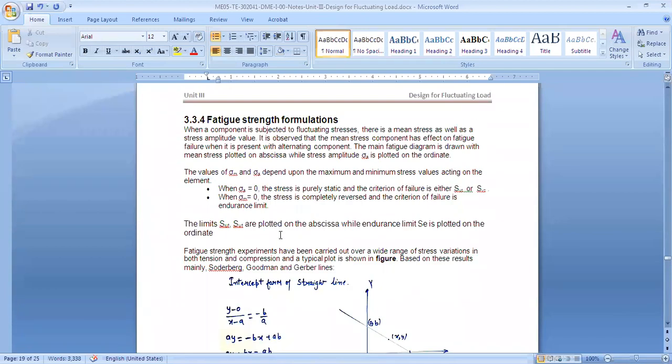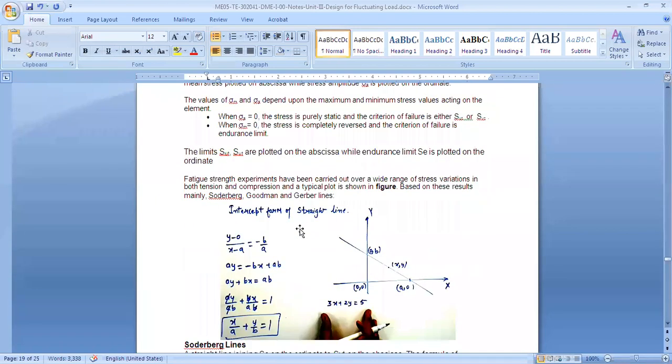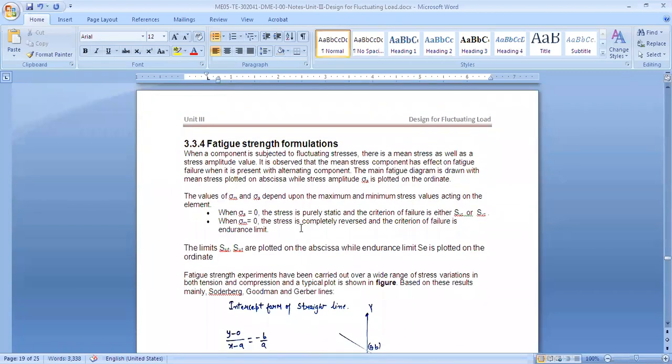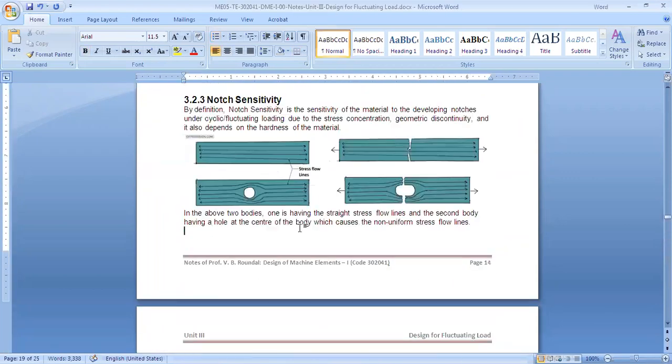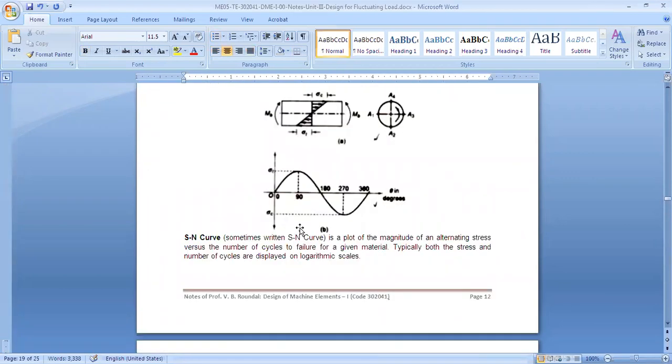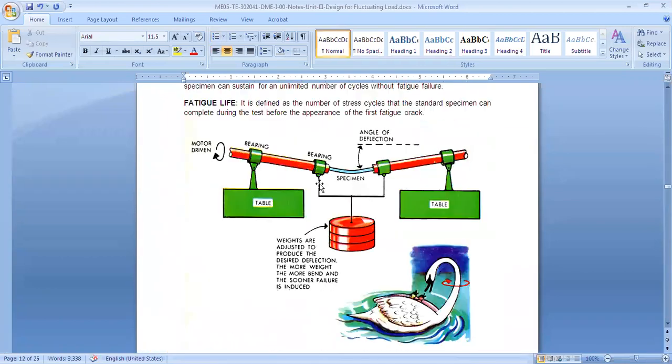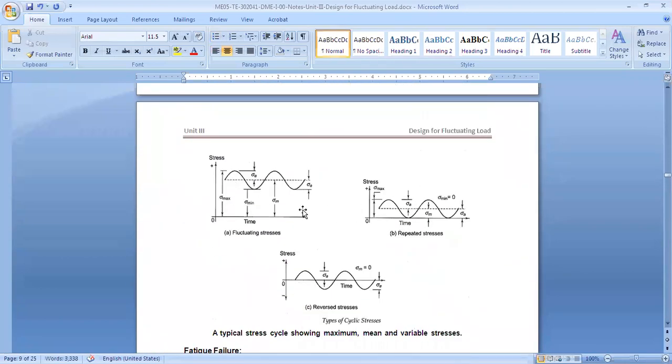Now, these lines are used where there is a fluctuating load. When there is a fluctuation, two important things come to mind: amplitude and mean, that is, average. The stress is varying, like this cyclic stress, with sigma max and sigma min. Here the mean is 0, and the minimum and maximum are the same but in opposite directions. So the average becomes 0, but the amplitude is equal to the max. Something like this, these are the cycles.